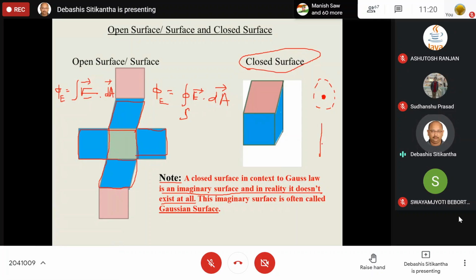What type of Gaussian surface will be befitting this straight line? Come on, tell me. Cylinder. Yes, exactly. Very good. So it should be a cylinder, and the cylinder must have its central axis along the straight line. That means in order to enclose this straight line, just imagine that this is a straight line. It has some positive or negative charges uniformly distributed.